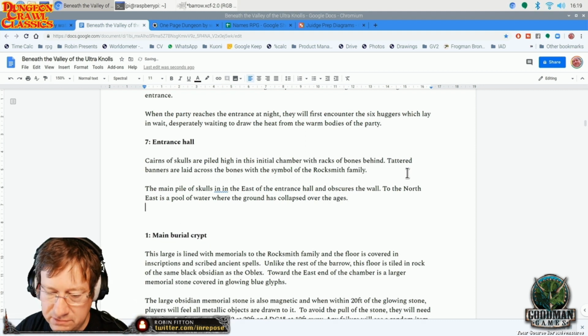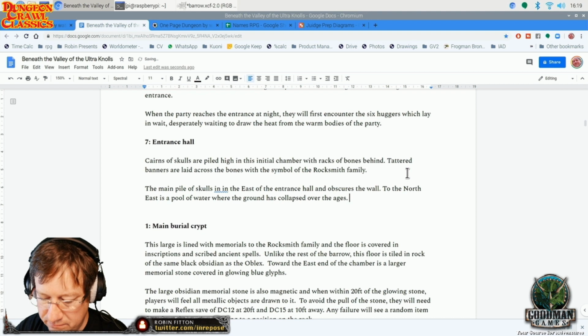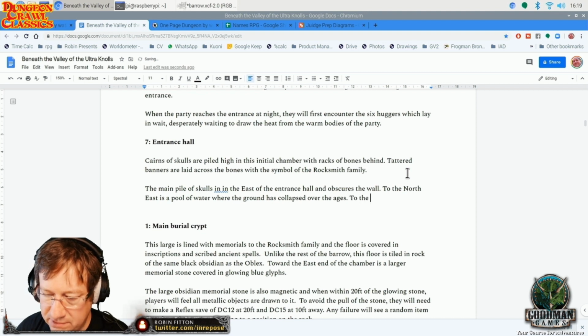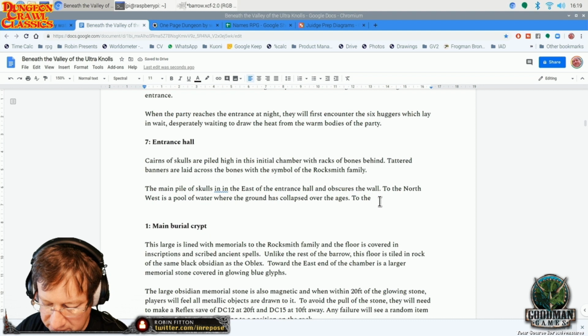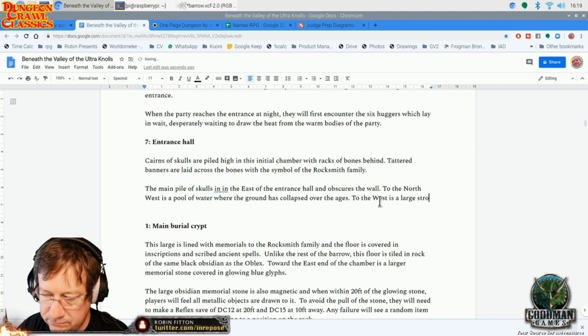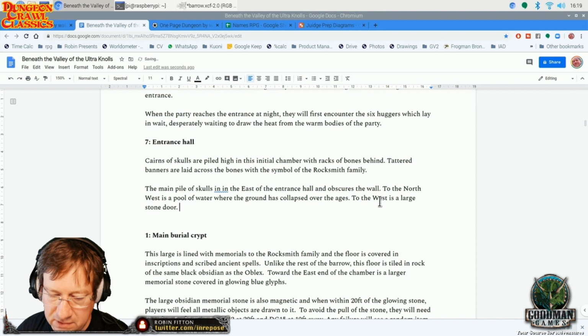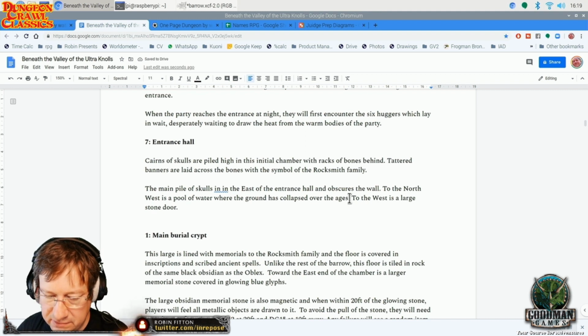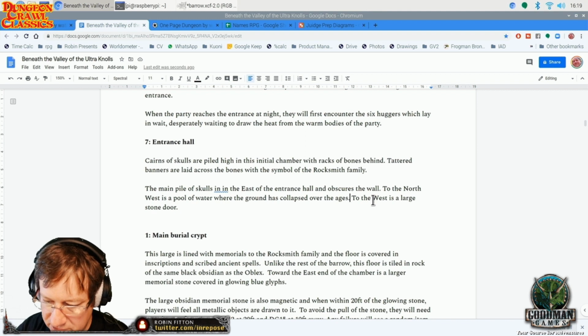And I'll just say, I meant that was the northwest, based on the fact that it's just the normal northwest. So to the west is a large stone door. And it's worth mentioning here that the west is a pool of water where the ground's collapsed over the ages,